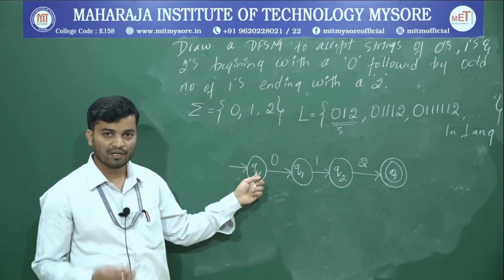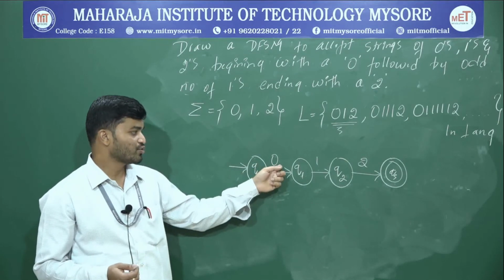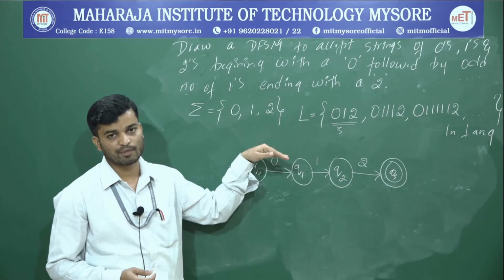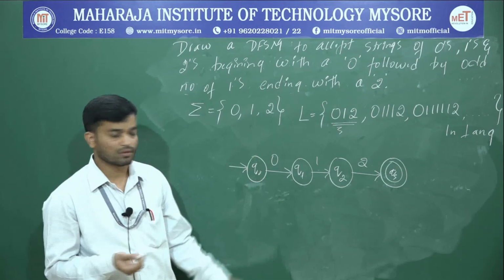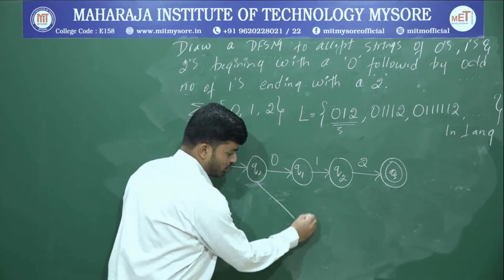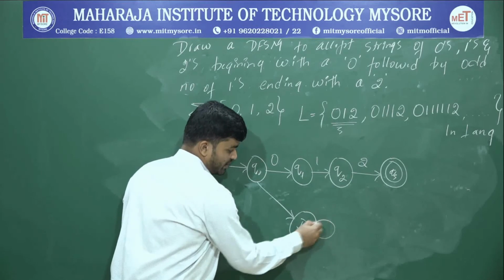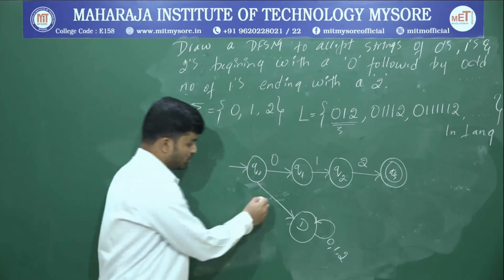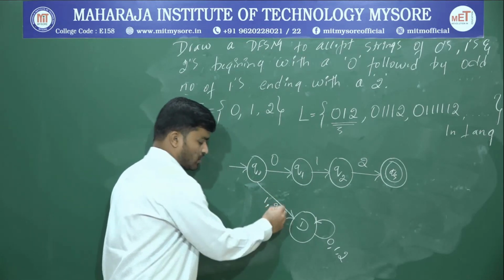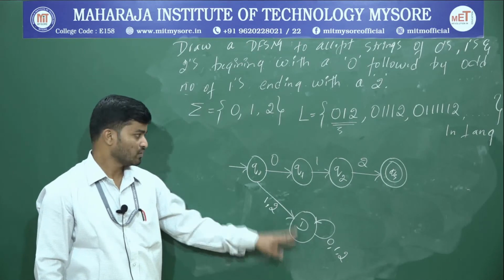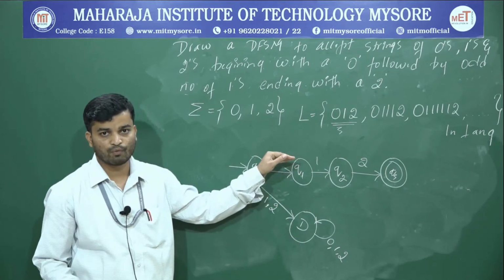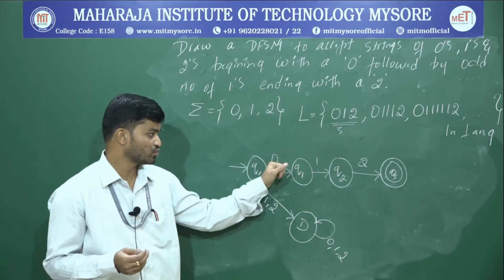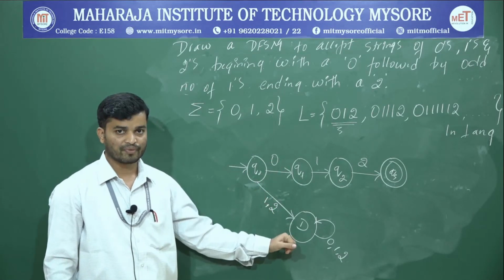Therefore from each state there should be 3 paths. So just observe, it should start from 0. If I connect anywhere for 1 as well as 2, that would start from 1 as well as 2. Therefore there is no other option. If there is no other option, you have to go with the last option. What is that last option? Dead state. And once you reach the dead state, you have to remain within the dead state, for 0, 1 as well as 2. Why? Because if I connect anywhere, it would start from either 1 or 2. That is not a requirement. The requirement is that it must always start with 0. Therefore since there is no option, I have to connect that to a dead state.